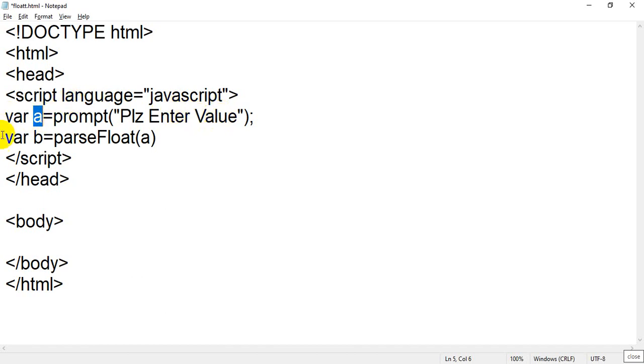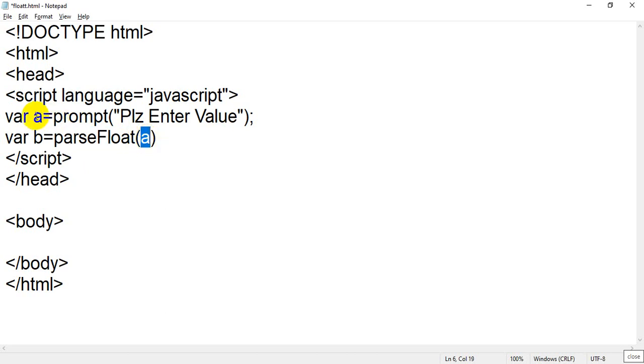After that it will move to this line, and again it will say, okay, you want to declare one more variable, okay, I will declare. So it will declare a variable in that memory, and after that it is saying that you are now going to parse some value. Okay, now you are going to parse float. It will consider that you are going to convert, you are going to analyze some value. Okay student, which value you want to convert, which value you want to analyze, which value you want to split, so you have passed that value, means you have passed a.